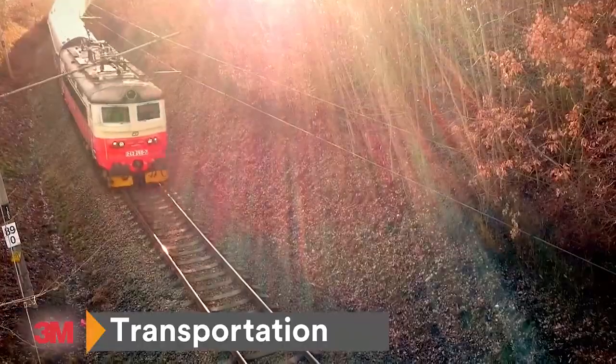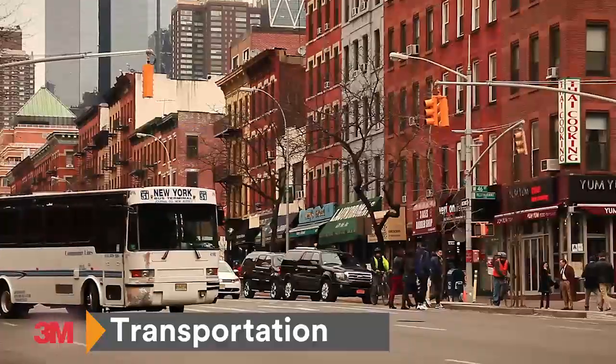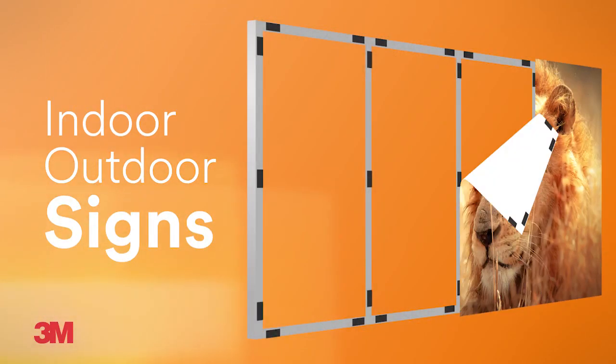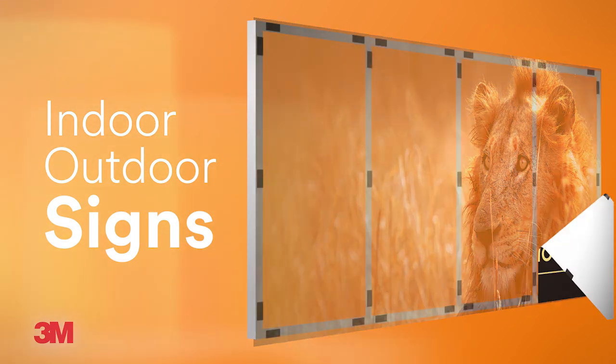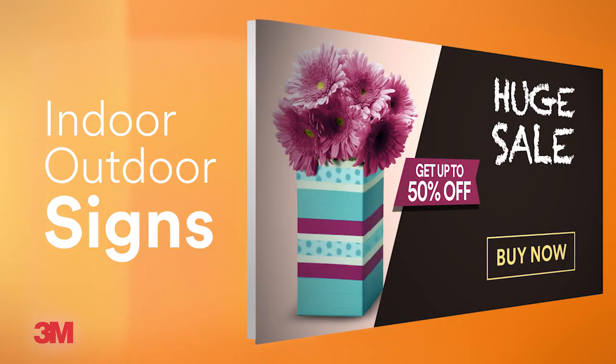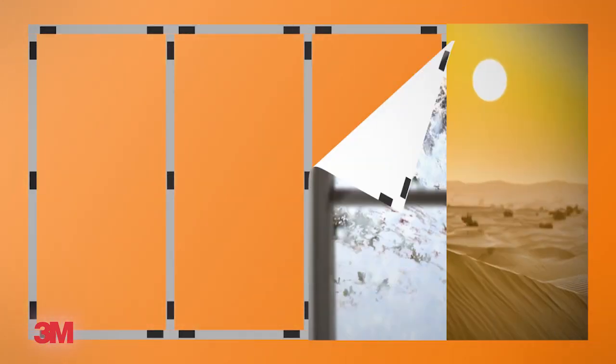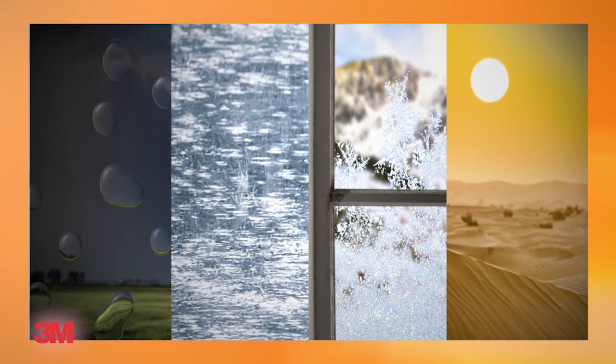Whether attaching interior panels in passenger rail cars or buses for easy assembly, maintenance, and replacement, mounting sign and graphic displays, enabling invisible and flexible attachment even outdoors, bonding architectural wall panels, allowing your commercial real estate to keep ahead of the changing market, or even in withstanding extreme temperatures or high-stress operating conditions,